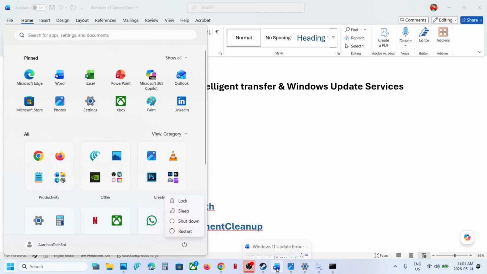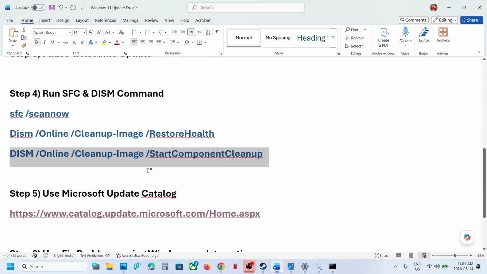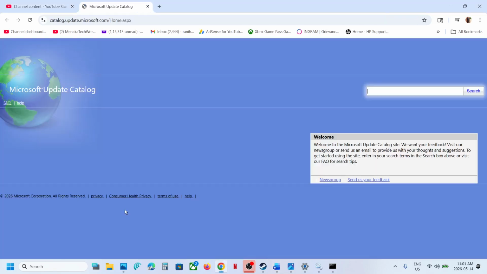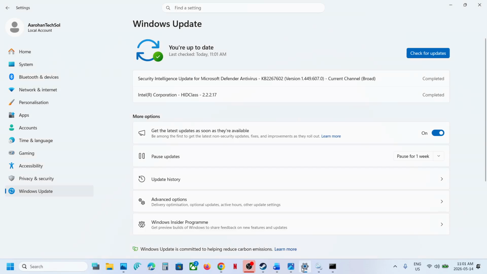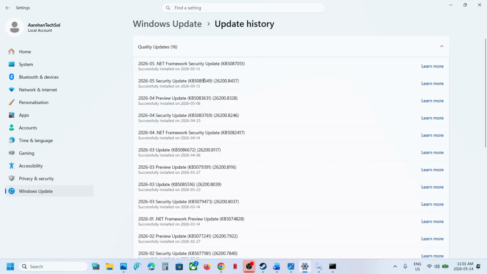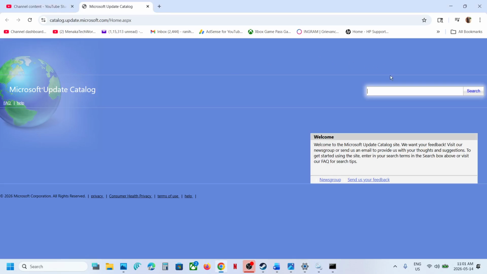Still not working. The next step is to use Microsoft Update Catalog. Open this link in a browser. The link is provided in the video description. Over here you can write down the name of the update, that is KB5089549 or this update. Whichever update you are unable to install, you can write down the name of the update